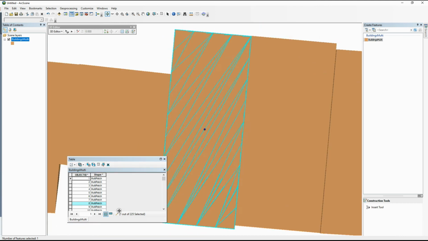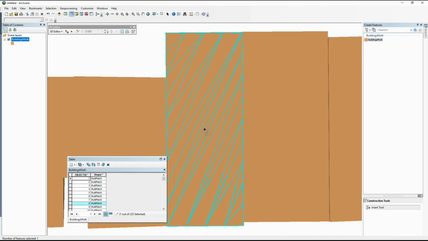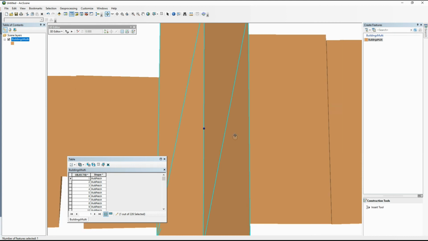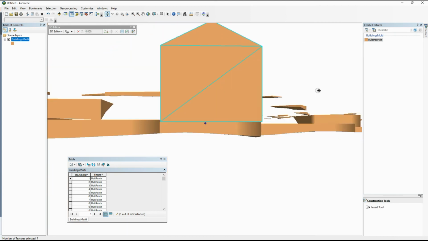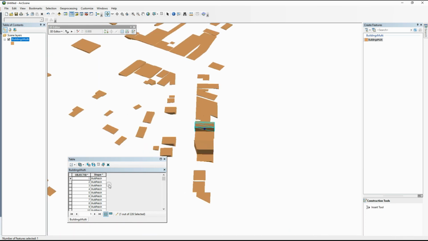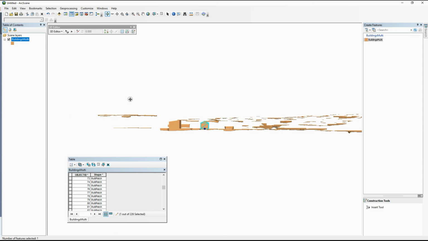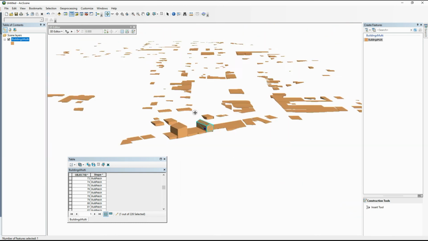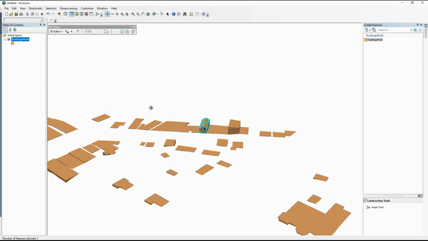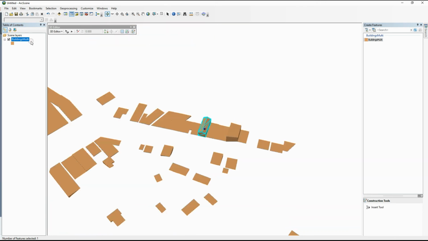Same thing. Now our structures that we created are there. And you would go through and do it for all of your structures in the reconstruction. And what you would do at this stage is similar to what we did yesterday. First, you would want to make sure you save your edits, stop editing,